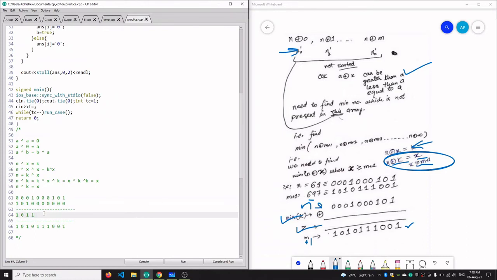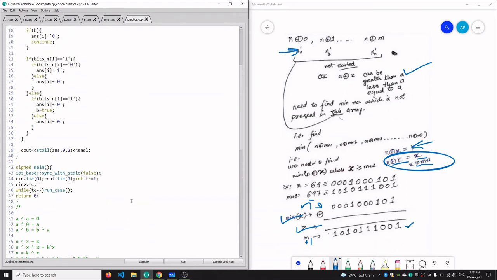So our answer would contain 0 0 0 1 0 1, and this is definitely greater than or equal to m plus 1, because we already have 1 here and 0 here. So this is the most significant bit which is different in these two numbers. In this way we are finding our minimum k, which gives us a value which is greater than or equal to m plus 1.